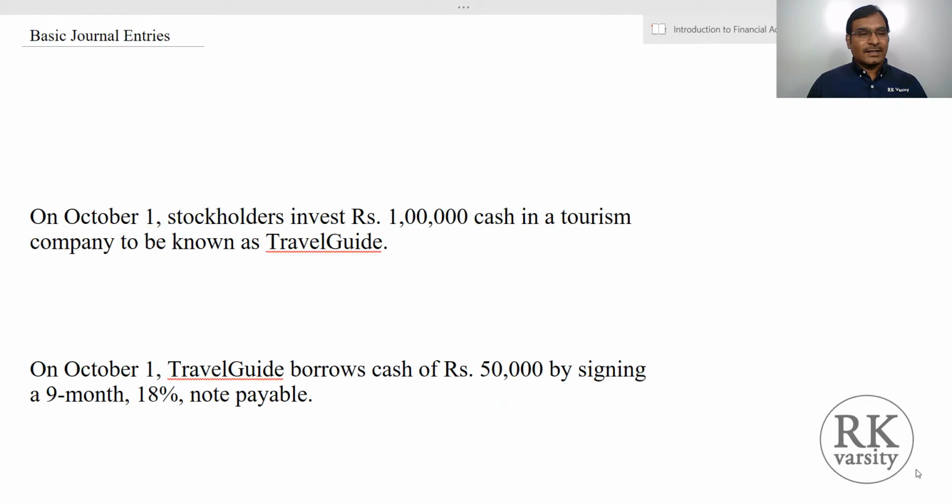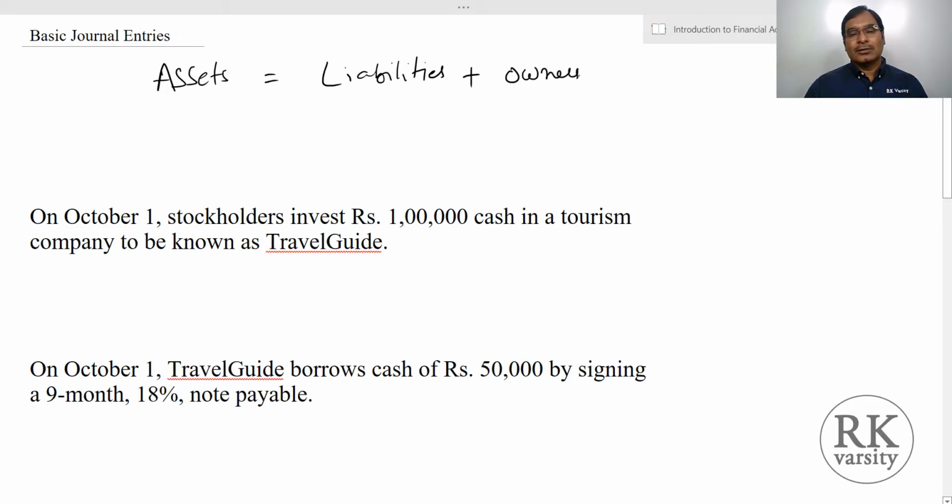At the time of journalizing accounting transactions, you have to keep the rules of debit and credit in your mind. So as I explained in the previous lectures, I'll just rewrite here. When we are talking about rules of debit and credit, we use our accounting equation, that is assets equals liabilities plus owner's equity.